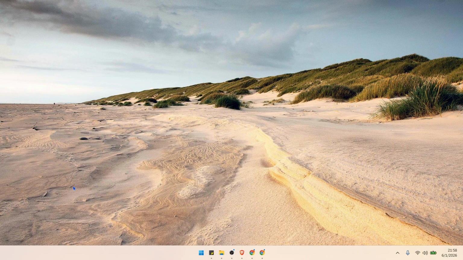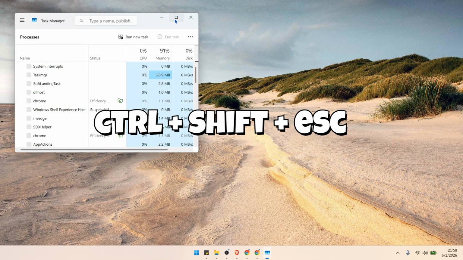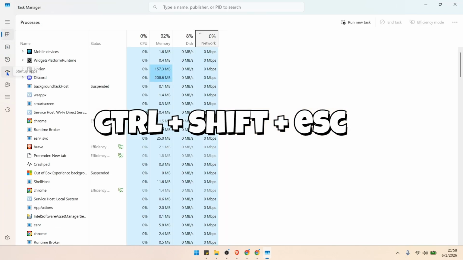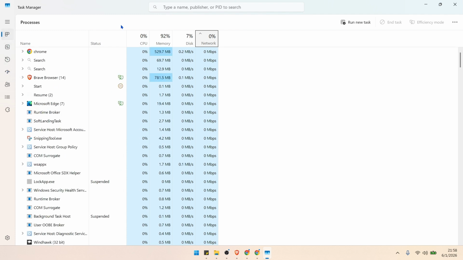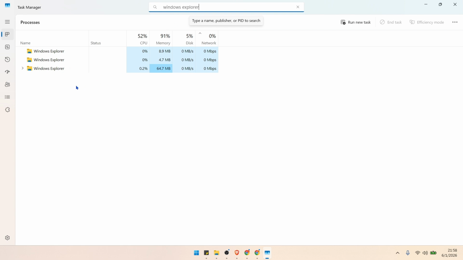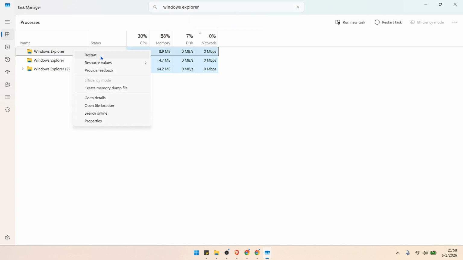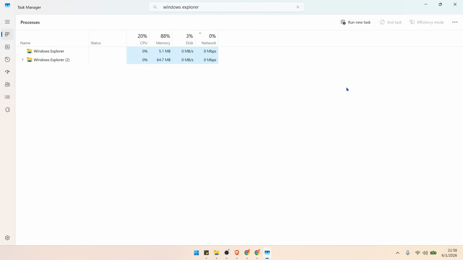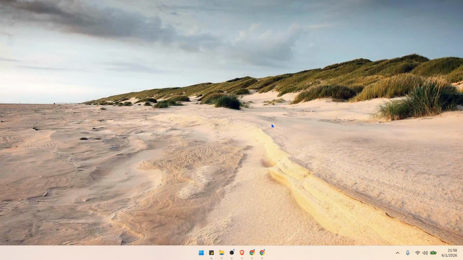Next, restart Windows Explorer to refresh the Start Menu interface. Press Ctrl plus Shift plus Escape to open Task Manager. Under the Processes tab, locate Windows Explorer. Right-click Windows Explorer and select Restart. The taskbar and Start Menu may briefly disappear and then reload automatically. This is normal. If the Start Menu is missing, not opening, or not functioning correctly, you can re-register it using